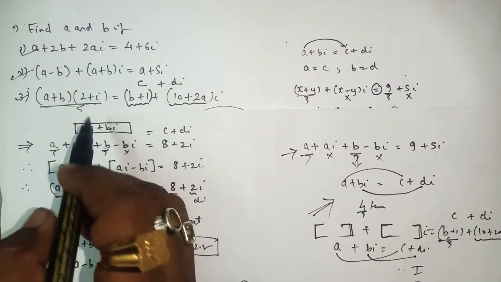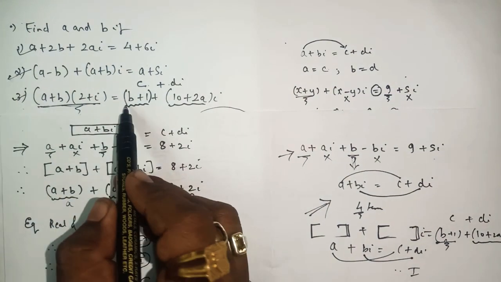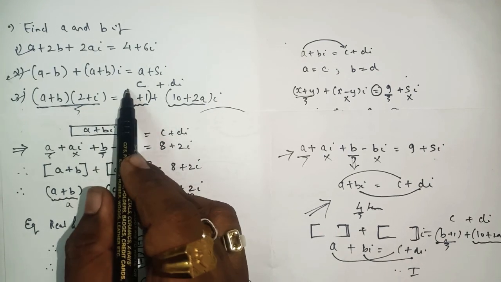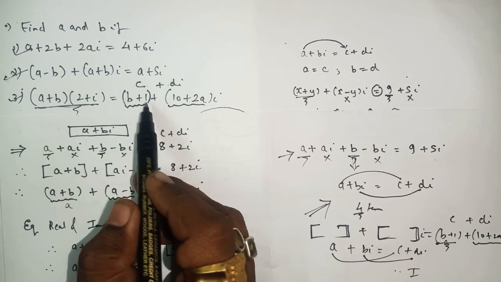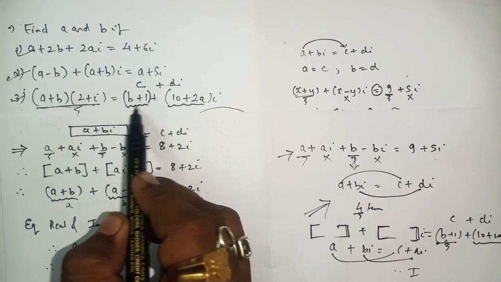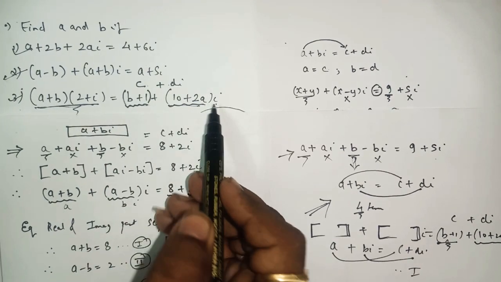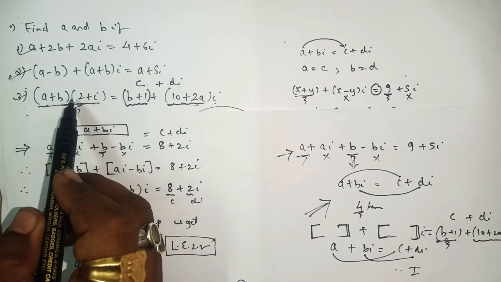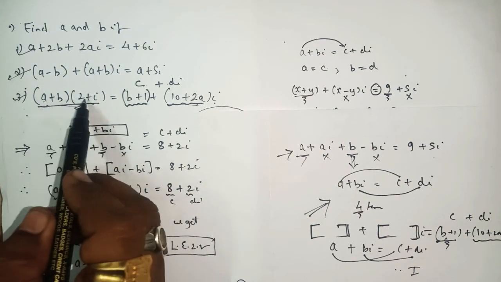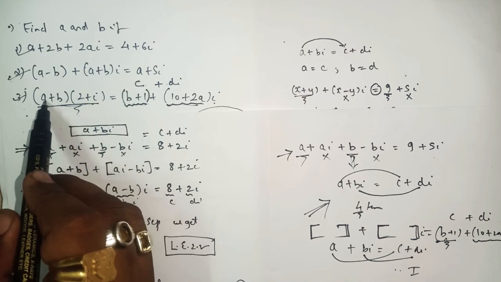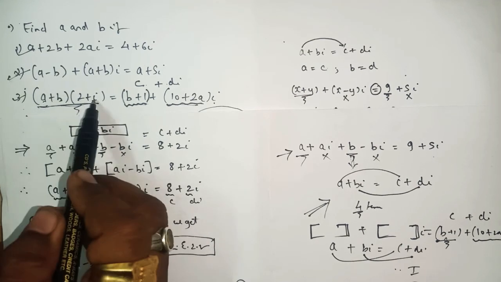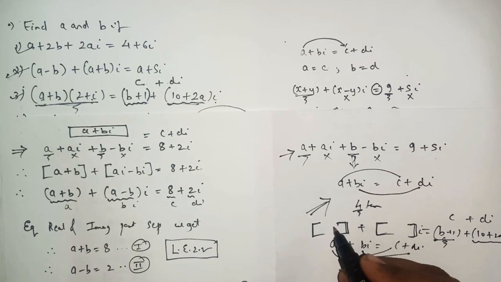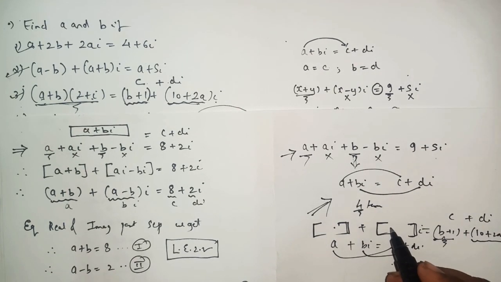So once again I will explain this sum. As B plus I on the right hand side, the bracket was not there, so I wrote this B plus I in the bracket. So clearly we can see that this looks like C and this looks like DI. Now we have to convert the left hand side part in the form of A plus BI. So we'll bracket expand this part. Here we have 1, 2, 3, 4 terms, so when you bracket open, you will get 4 terms, two terms without I, and two terms with I.